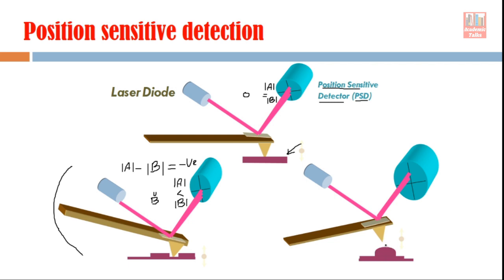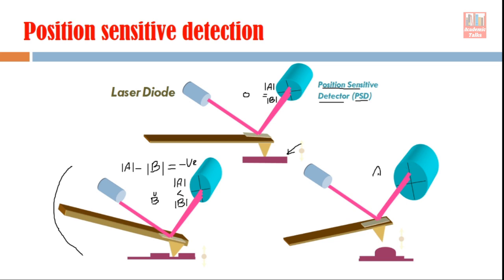In the same way, if you get this kind of situation when this tip is passing over a hilly portion, then there will be an upward deflection in the cantilever, because when it reaches this kind of hill, the gap between tip and sample surface decreases, and so it's a very small gap, so repulsive forces will be there, and because of that there will be upward bending. Since there is upward bending, you can see here, the light is coming from the laser source and is reflected back towards the detector, but the majority of this reflected light is falling on the upper half.